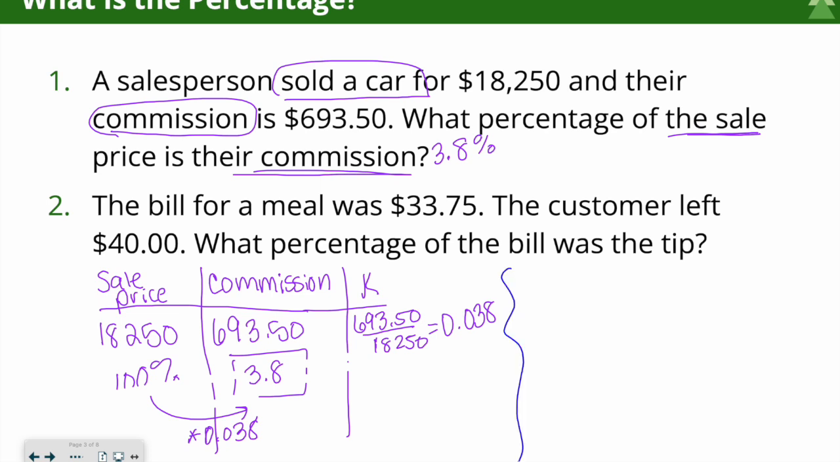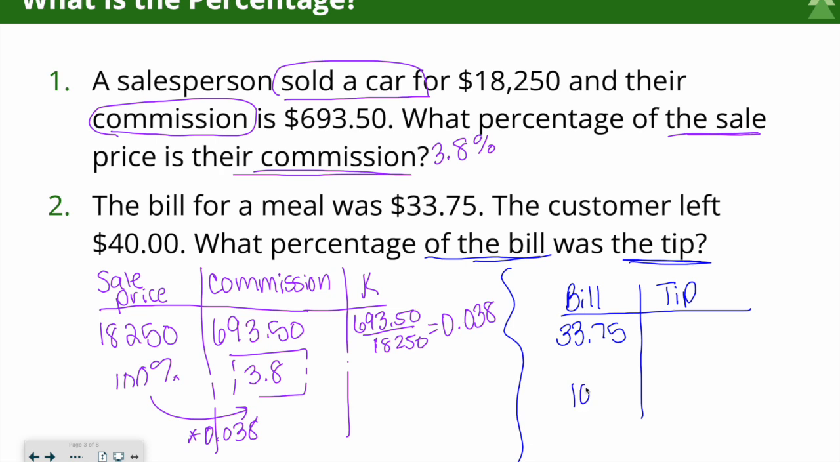The bill for a meal was $33.75. The customer left $40. What percentage of the bill was the tip? So in this problem, we have our bill and we have our tip. The $33.75 is our bill, and that's our 100%. The $40 is not our tip, though. The tip is the difference between the two amounts, and we end up with